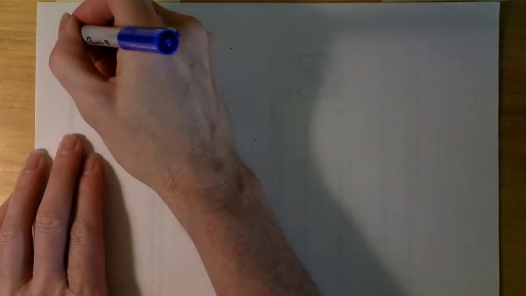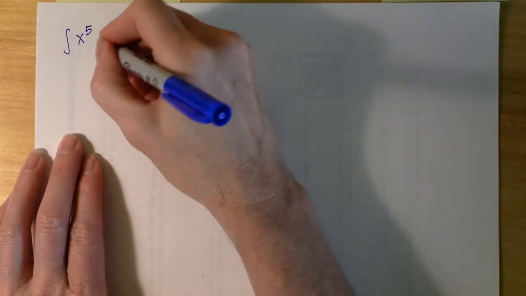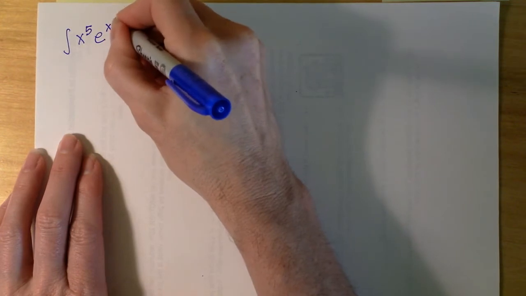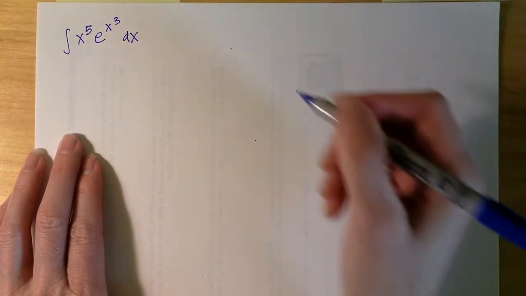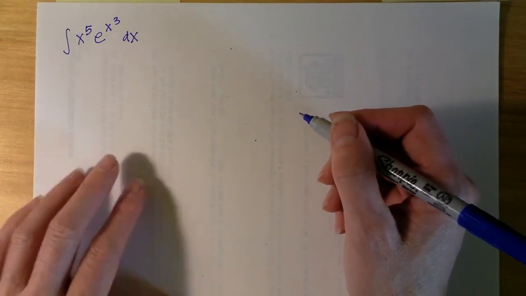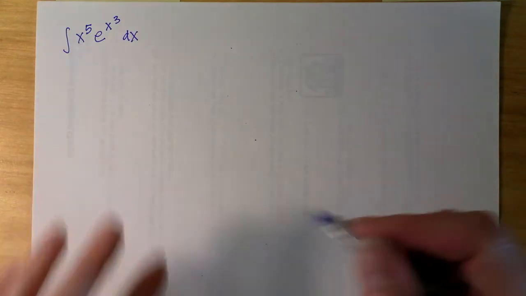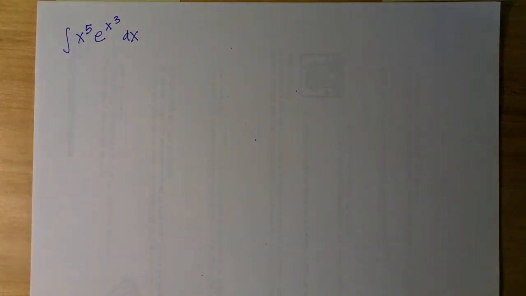Okay, so here's another example of integration by parts. This time we have the integral of x to the fifth times e to the x cubed. And we're going to have to doctor this up a little bit before we use parts, because if you look at this,